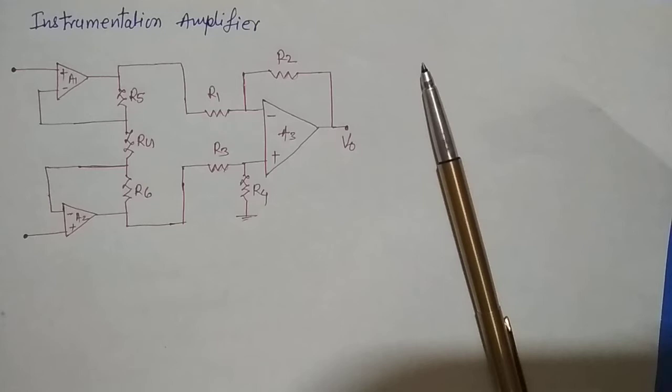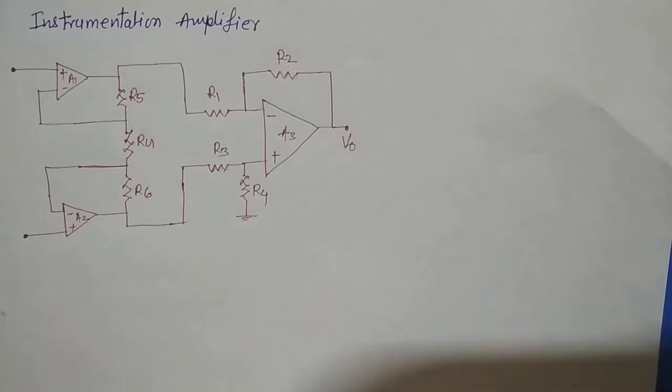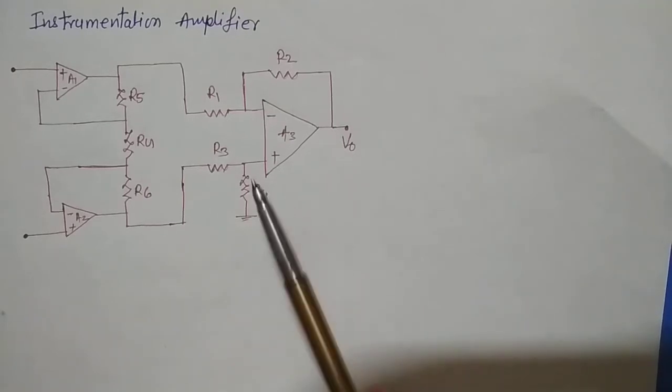Actually, an instrumentation amplifier is a difference amplifier with the following specifications: extremely high common mode and differential mode input impedance, low output impedance, ideally 0, accurate and stable gain typically in the range of 1 to 10 to the power 3, and extremely high common mode rejection ratio. This instrumentation amplifier is used to accurately amplify a low voltage level signal in the presence of a large common mode component. Let us discuss the circuit diagram of this instrumentation amplifier.